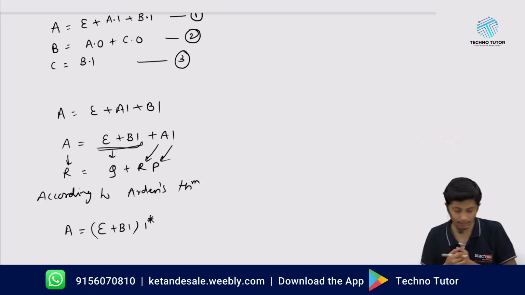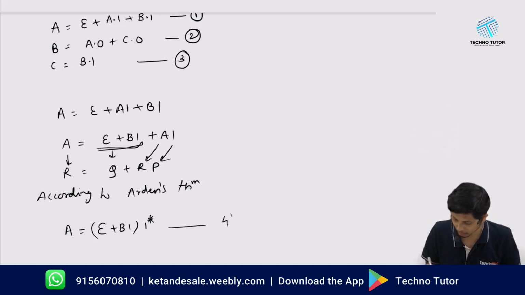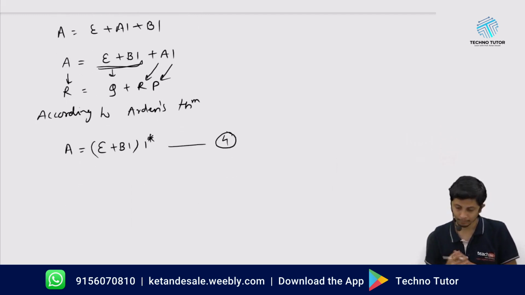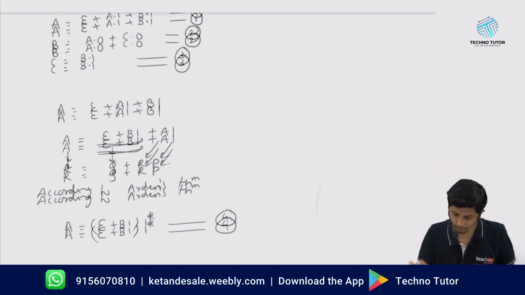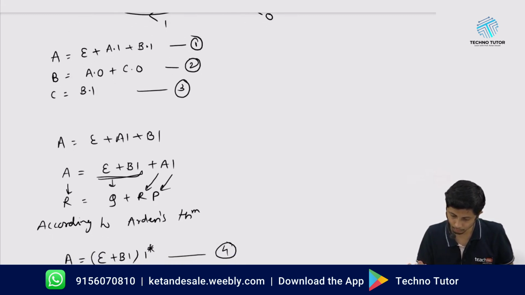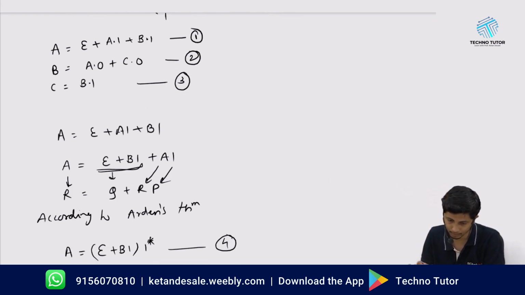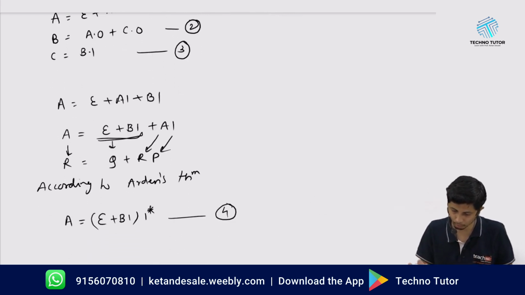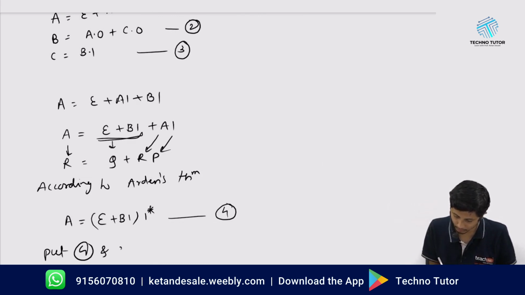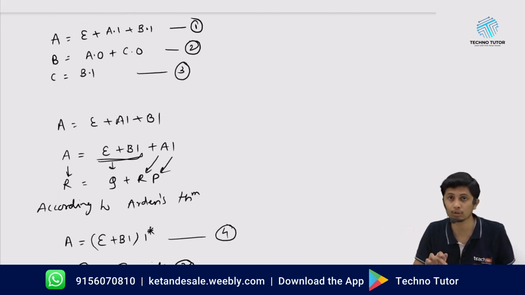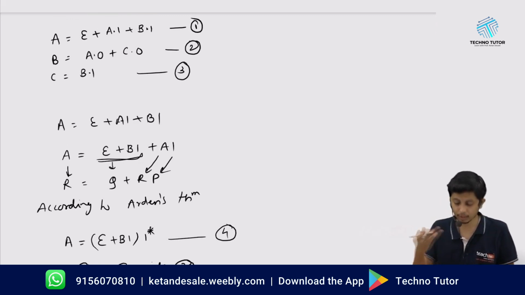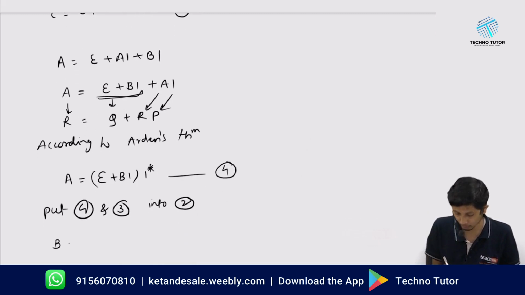So this equation you will get as, so we'll name it as 4. Okay, now where we can put this A equation? If you can put it into equation number 2. Okay, and yes, we can put it into equation 2, so what we will do, put 4 and 3 equation into equation number 2. C is equal to also B dot 1 and A का भी हमें equation B के form में, so we can replace here and so we may able to solve the B.